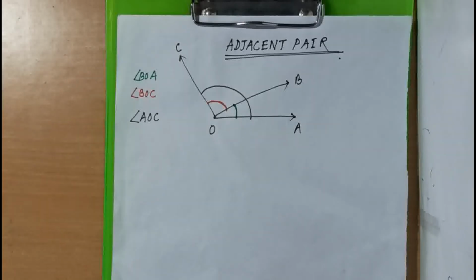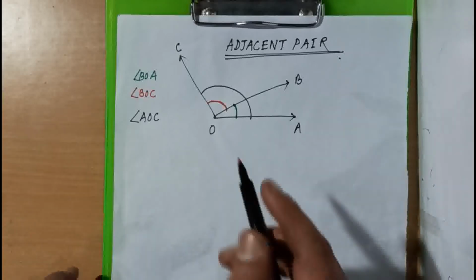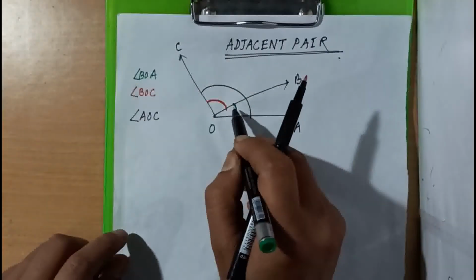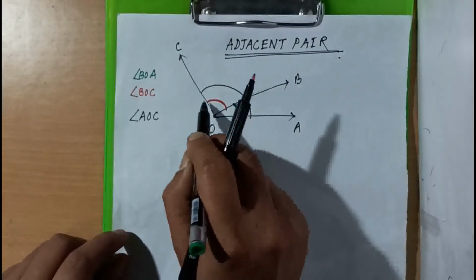Now in these three angles, if you observe this red color angle and this green color angle, these two angles if you observe,